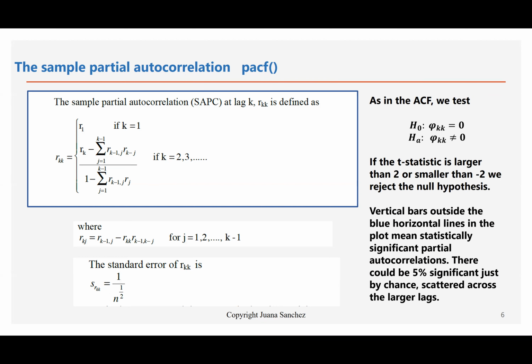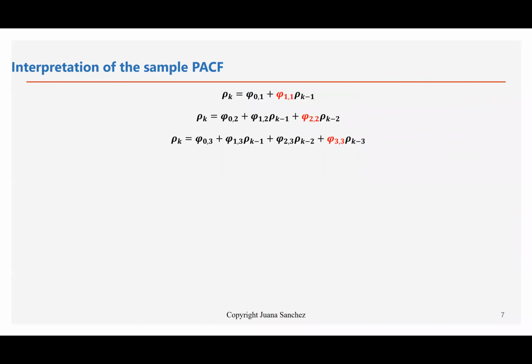That's what is being done when we do a plot of a partial autocorrelation. So what is the interpretation of all that? Well, you know, the interpretation is not straightforward. You just have to imagine that the